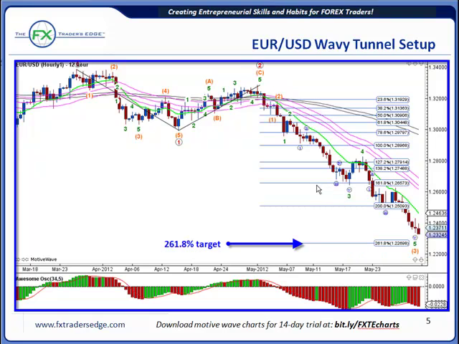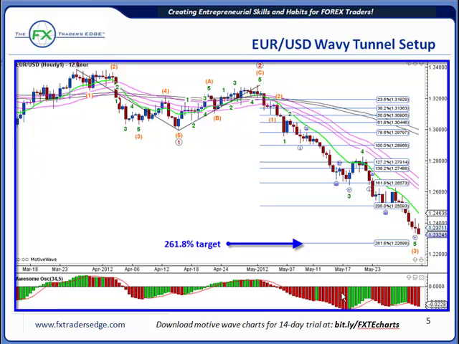Now let's look at the wavy tunnel setup using this context, using this background. So the wavy tunnel setup is a set of moving averages. As you can see, I'm not going to go into all of the trades here, but I will point out that the wavy tunnel has kept a trader in the trade the entire move down, in the wave 3 move. And the other thing that I want to point out is the awesome oscillator. This is key to the wavy tunnel setup. The awesome oscillator, it's a 5-34-5